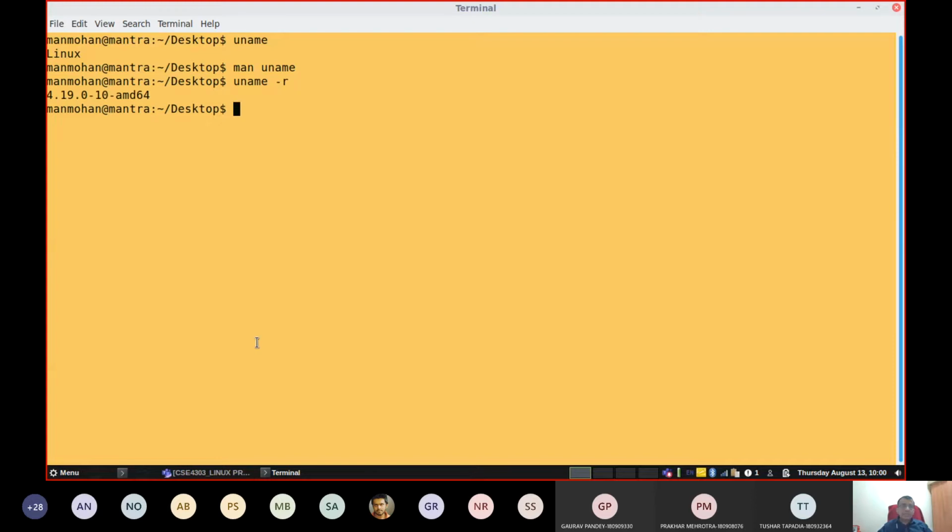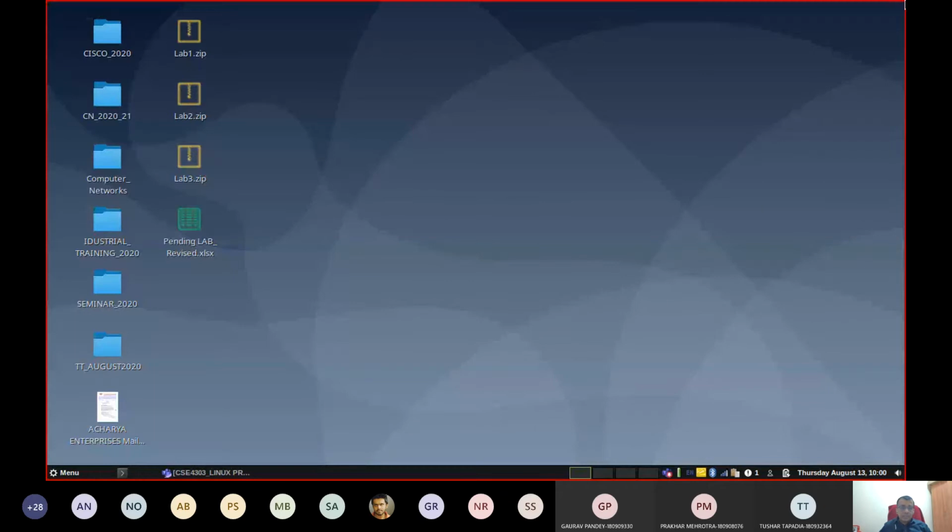The moment you say -r, you are going to get one code number here. This is the version of the Linux kernel. When I say kernel here, for the moment you remember or note that kernel is the core part of an operating system. Now I am using Linux kernel 4.19.0-10 64-bit operating system. So if you say uname and try to display all information regarding the system,